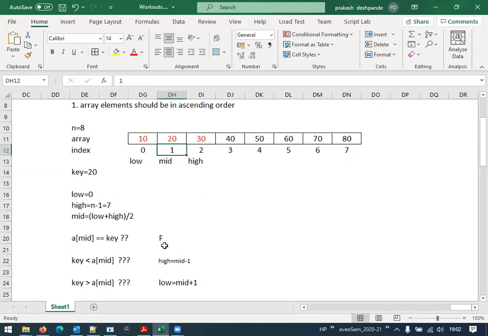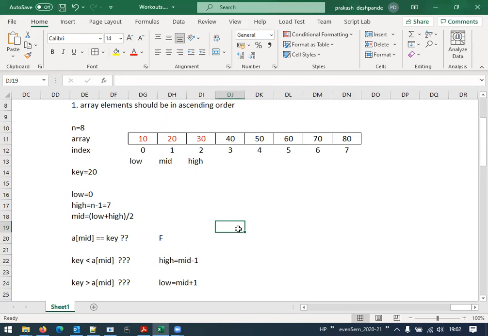Now, if you recollect properly, or if you have followed the concept properly, in binary search, first and foremost, the numbers should be in either ascending order or descending order. In this example, I have taken ascending order. Then binary search means we first identify the low value and high value.